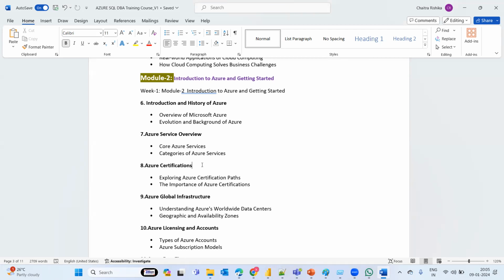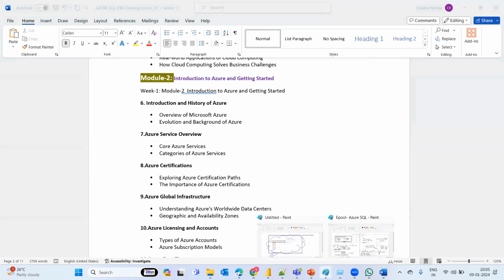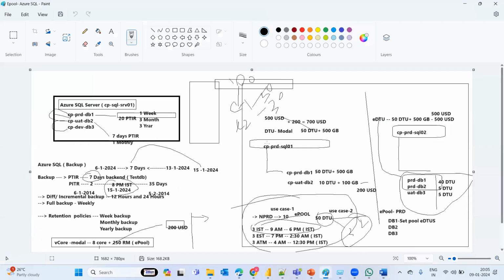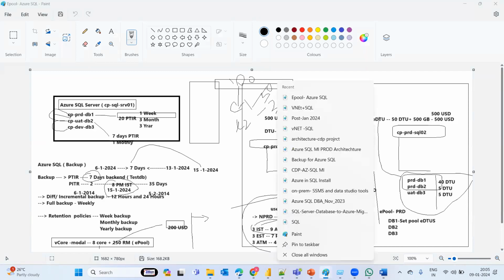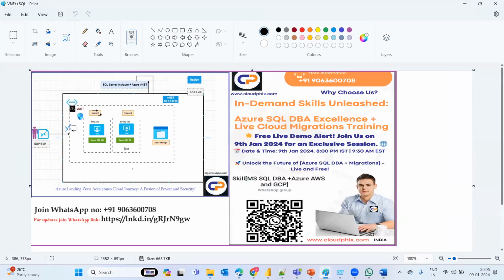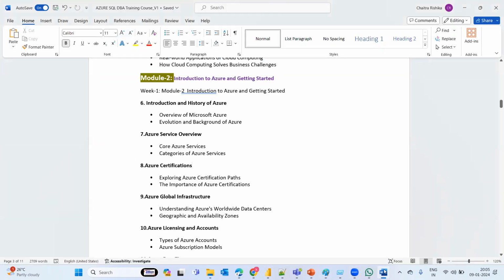We'll go through the day-to-day lab setup, the entire stack. Let me show the current existing classes which we're going to discuss. We will have a POC kind of environment where we can design and go through the step-by-step process. Let's say we are going to configure the VNet and SQL. We will design this pattern and step by step implement the entire lab setup in each and every module. This is the main agenda,